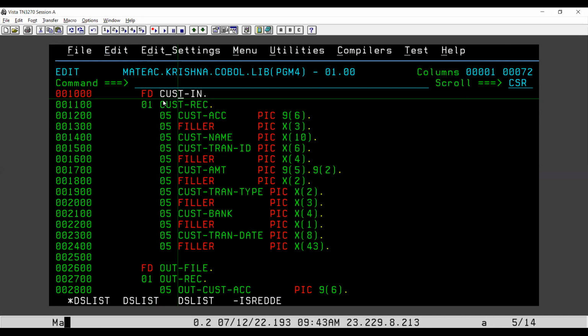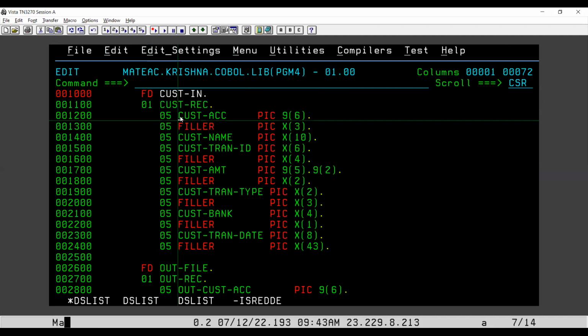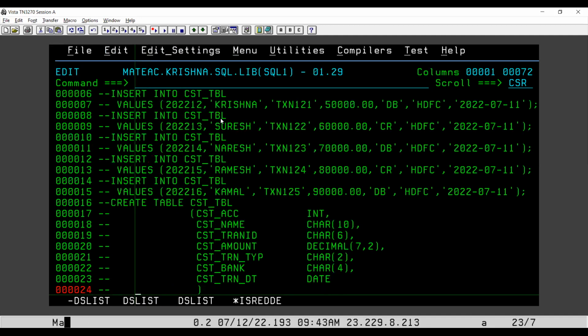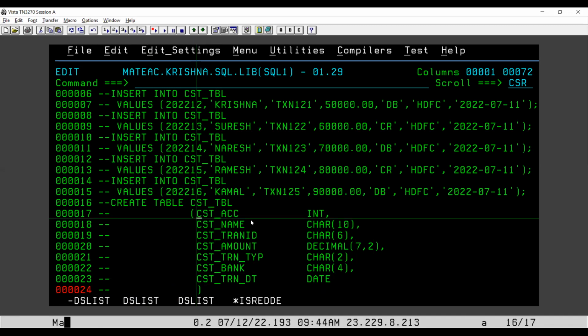So what I'm saying, this is the input file variable. These are input file variables, right? I have to read the data from the input file into these variables, and then we have to move the values, which means we have to insert the values into this table's variables. Okay, these variables we need to insert. So for that there should be